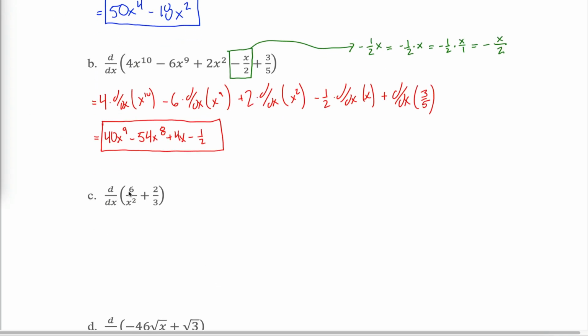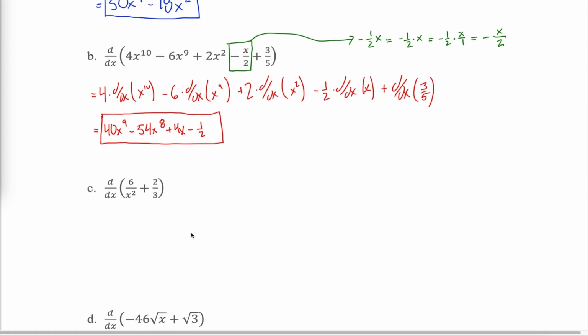Can we take the derivative of 6 over x squared plus 2/3? Well, yes, but not when it's written in this form. What you have in this first term is something divided by something. We don't have rules for that. Not yet anyways. But maybe we can rewrite this so that it's in a form conducive to our rules. 6 divided by x squared is the same as 6 times x to the negative 2 power. And much like up here when we rewrote negative x over 2 as negative 1/2 x, we want to rewrite 6 over x squared as 6 times x to the negative 2 power so that it's easier to employ our